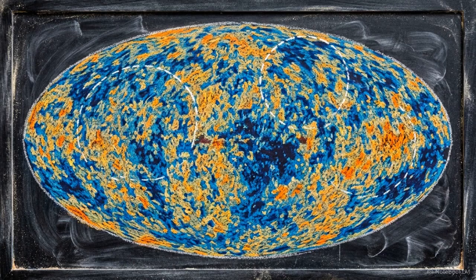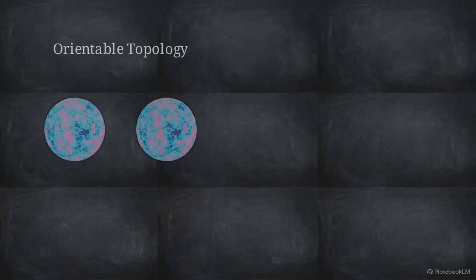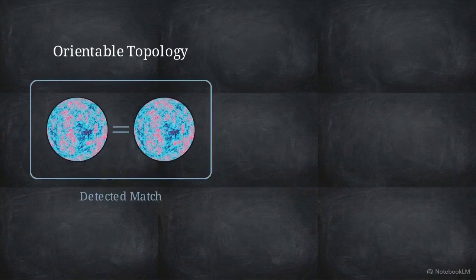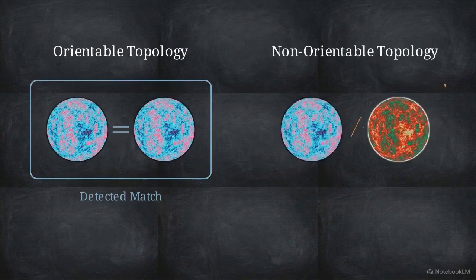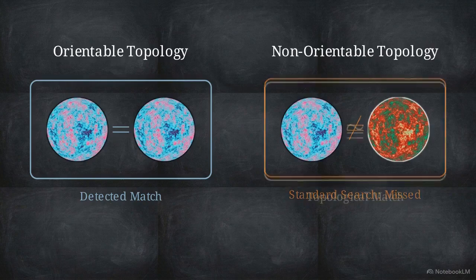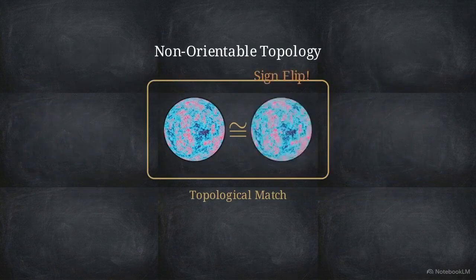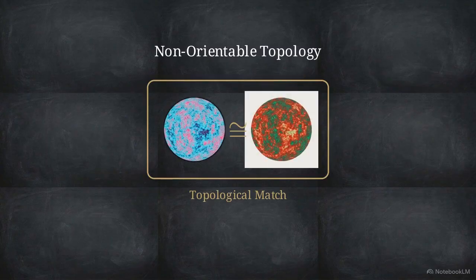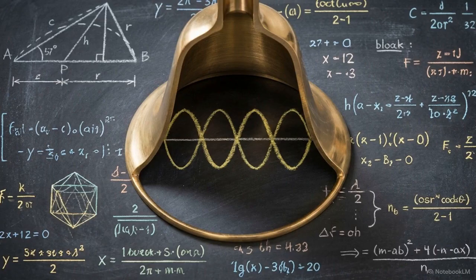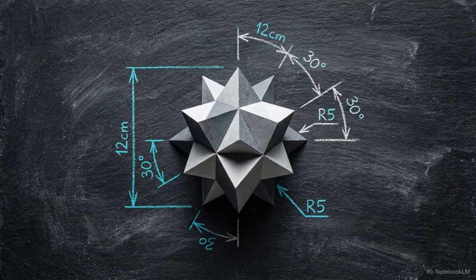If the universe has this topology, why did the Planck mission's search for matched circles find nothing? Standard algorithms are built to detect orientable gluings with identical repeating temperature patterns, but under a non-orientable identification, the matching requires a strict sign flip. Conventional searches were never designed to detect an inverted thermal pattern. The CMB functions as the fundamental resonant pattern of a bounded cavity. Because this mathematical framework relies on fixed topological constraints, it is highly susceptible to falsification.